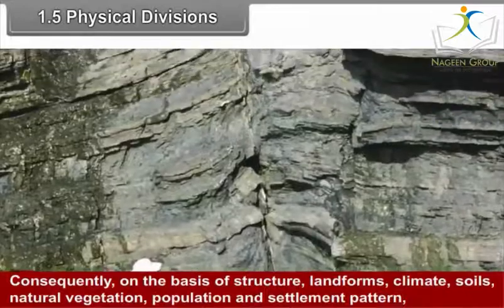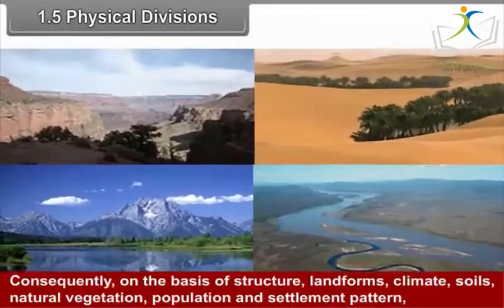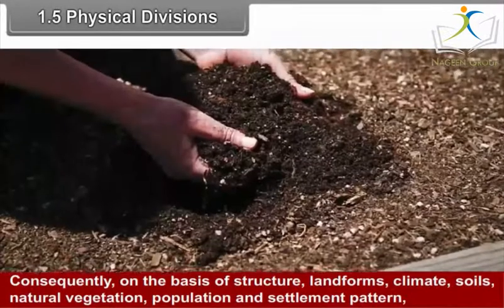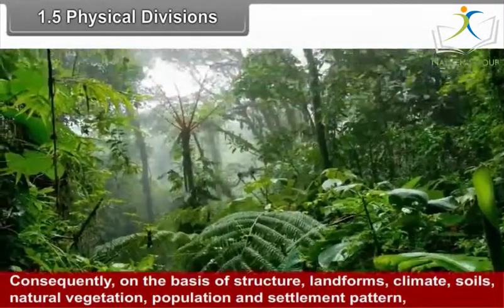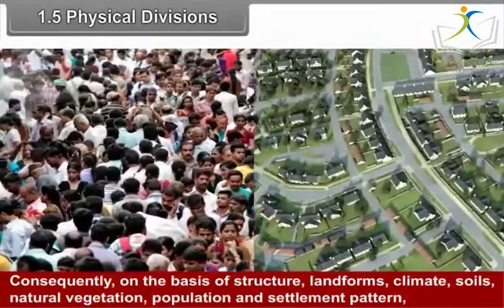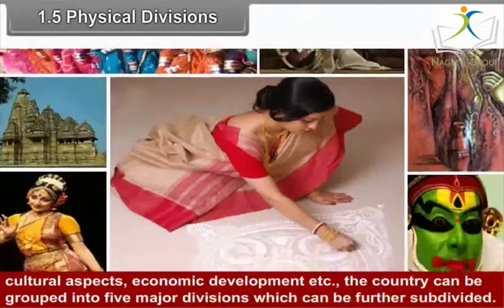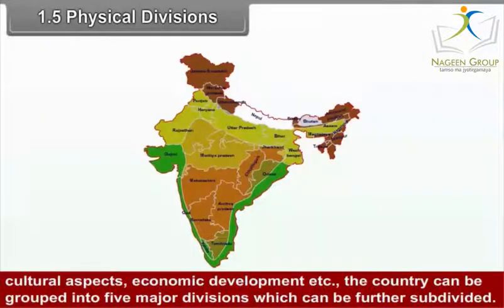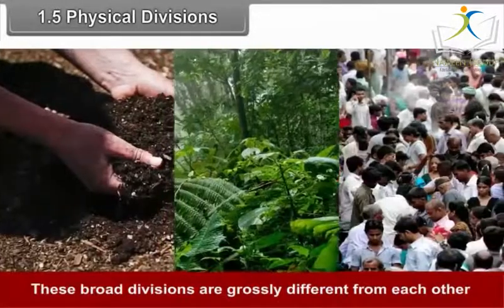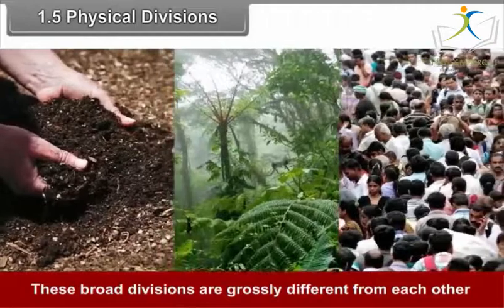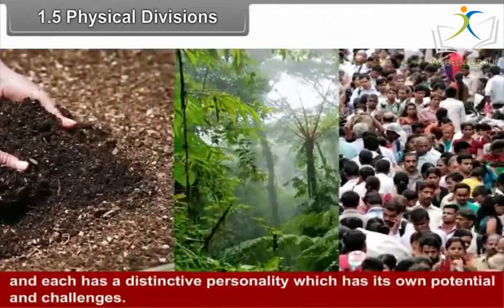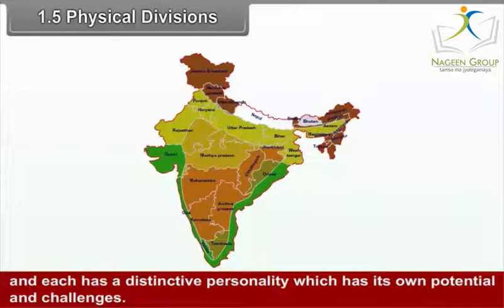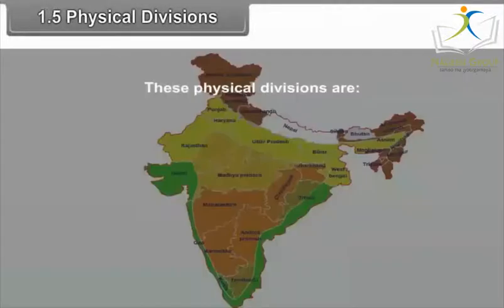Consequently, on the basis of structure, landforms, climate, soils, natural vegetation, population and settlement pattern, cultural aspects, economic development, etc., the country can be grouped into 5 major divisions which can be further subdivided. These broad divisions are grossly different from each other and each has a distinctive personality which has its own potentials and challenges. These physical divisions are: